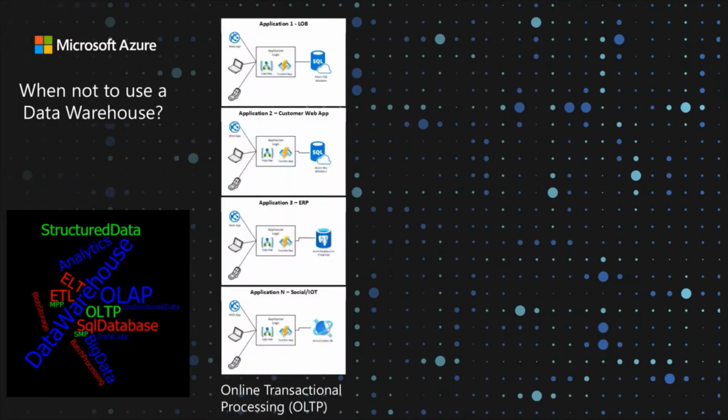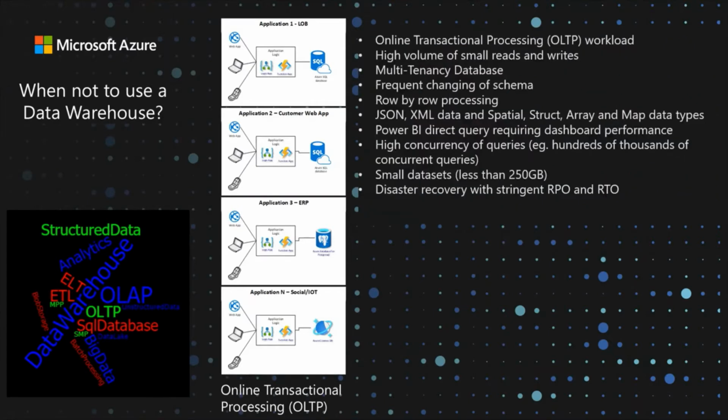Each application in a customer environment commits data to a database. If we look at the examples we have in the customer environment, these could be applications like line of business applications, web applications, ERP and CRM applications. These are transactional in nature and therefore are referred to as an OLTP system and data stores. When the nature of the data has lots of reads and writes, and there's row-by-row processing, a data warehouse is not recommended. In this case, the options to use are database management systems like Azure SQL Database, Cosmos DB,